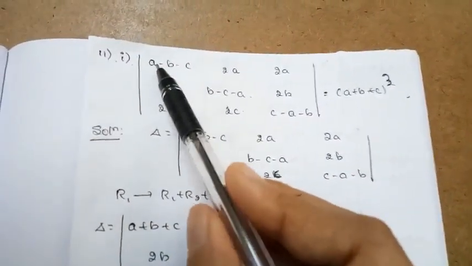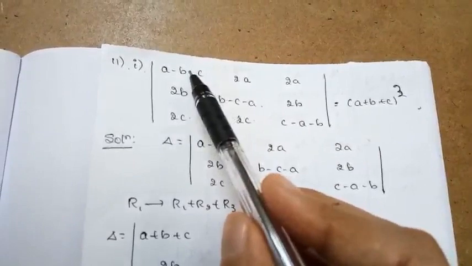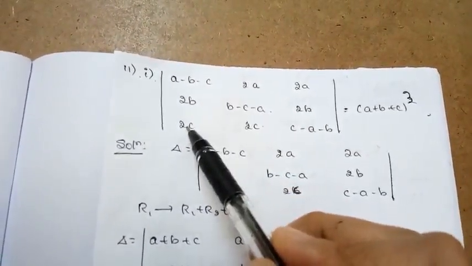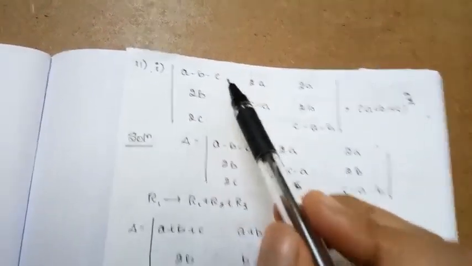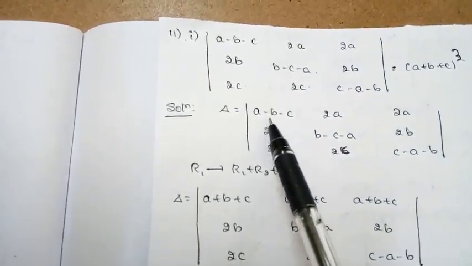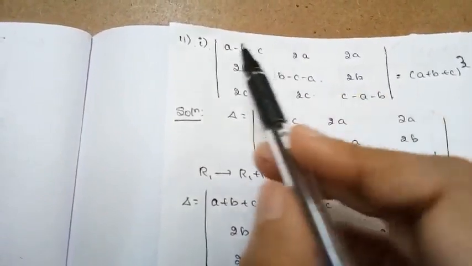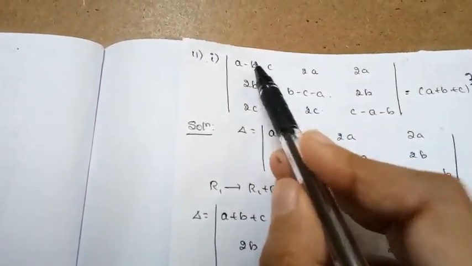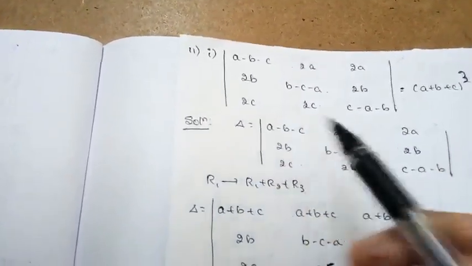So observe here, a minus b minus c. If I add plus 2b to this one, it becomes minus b plus 2b, a plus b. Even in row 3, it becomes a minus b minus c plus 2b plus 2c. So I will move with that operation, r1 plus r2 plus r3. What is going to happen? A minus b minus c plus 2b plus 2c, minus b plus 2b, b minus c plus 2c, it's c.